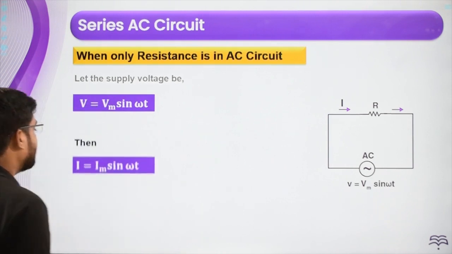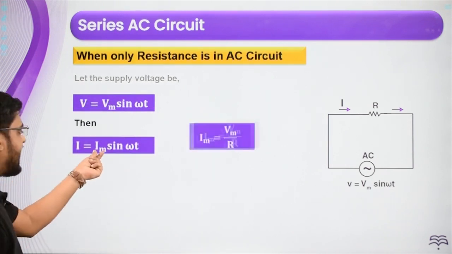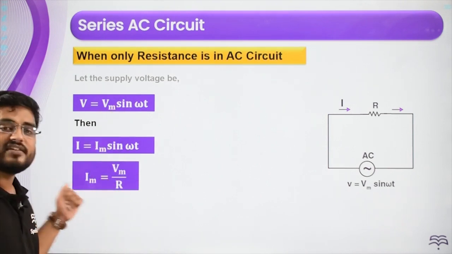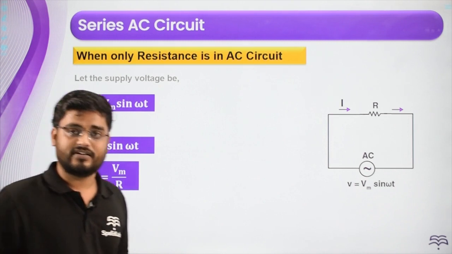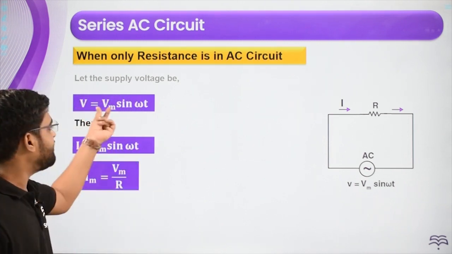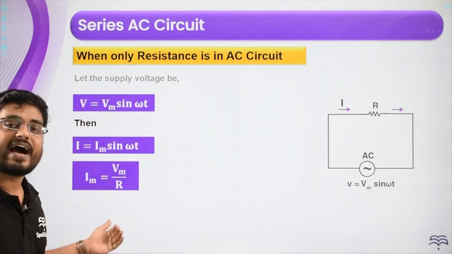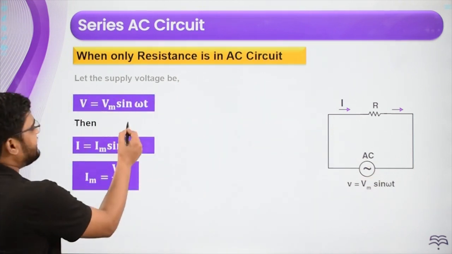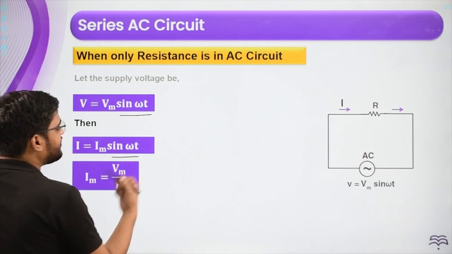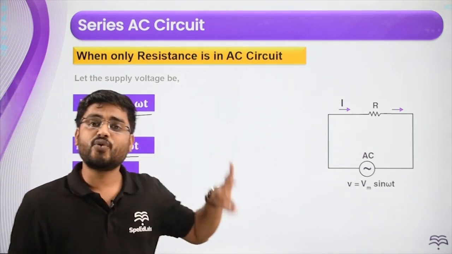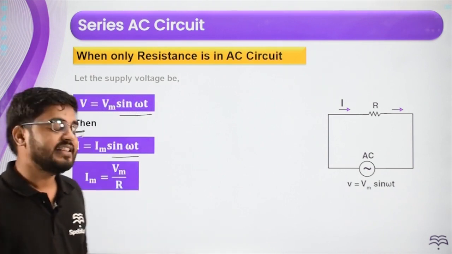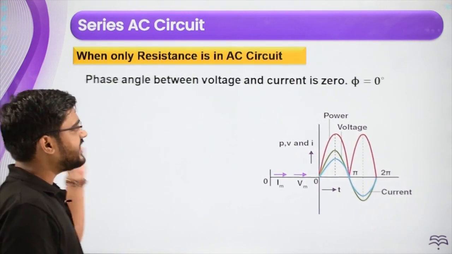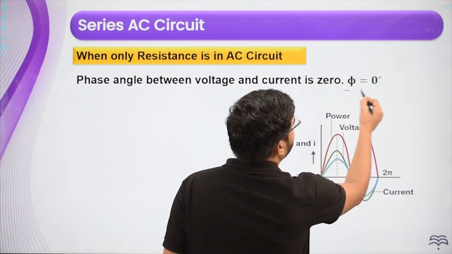What does that mean? That means the peak value of the current Im is given by basically nothing but Vm by R. Okay, we assume this constant as the new peak, and this is the peak value of the current. So if voltage is having Vm peak value, then current will have Vm by R peak value when only resistance is connected. What about the phase difference? This is sine omega t and this is also sine omega t. If you see, there is no phase difference, like both are sine graph, they will be called in phase. Okay, so these are the graphs, and here we know that the phase difference is basically 0.